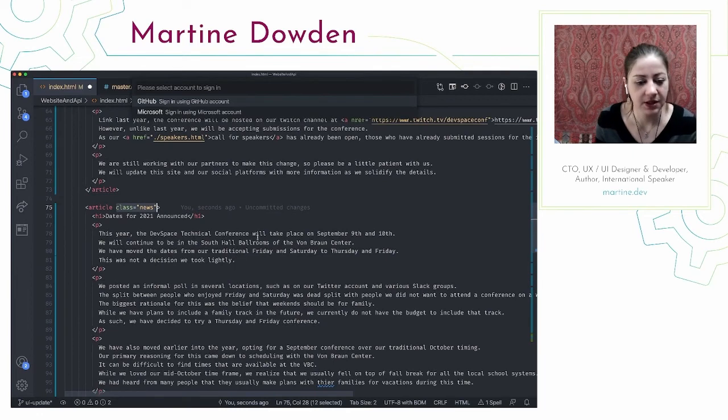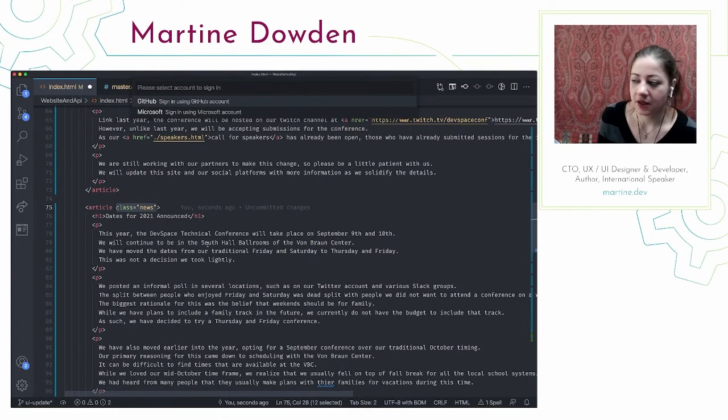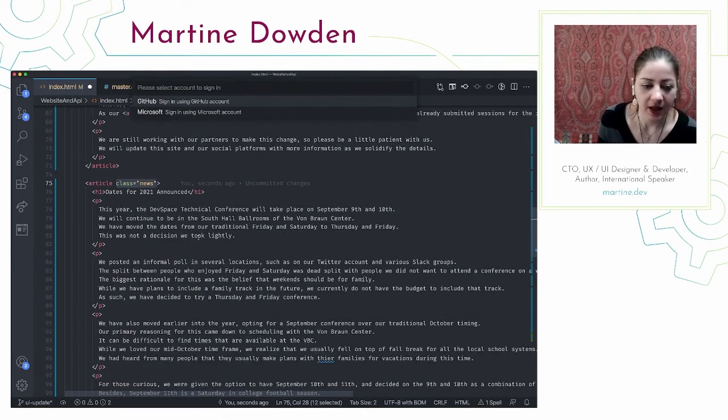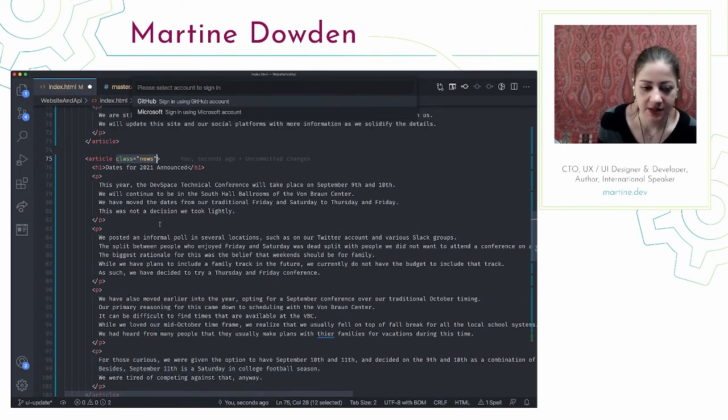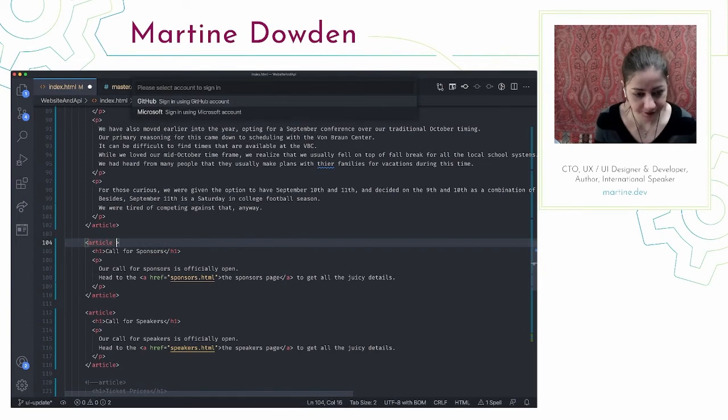I'm making semantic names because it's really important. If I called this announcement, like the next one on the next screen that's going to have a similar purpose or a similar need, I don't want to recreate 50 classes. I just want this type of information to get this styling. Call for sponsors is definitely a call to action because we want you to sponsor. So we're going to call class equals a call